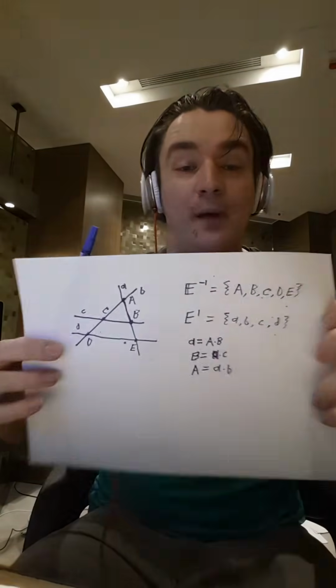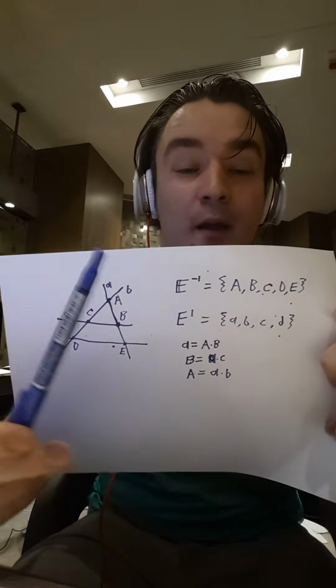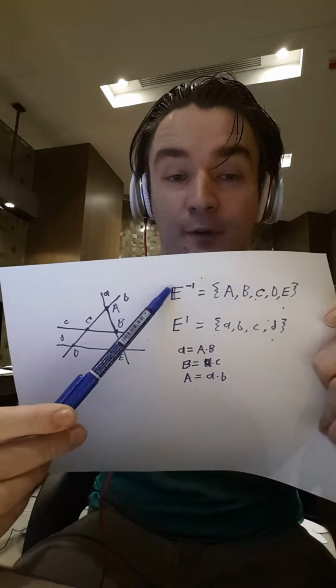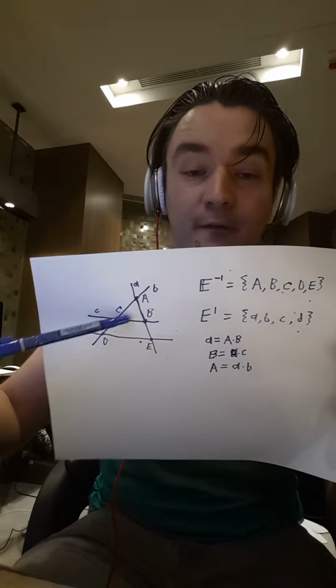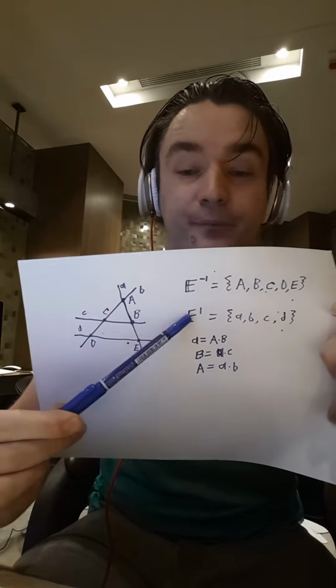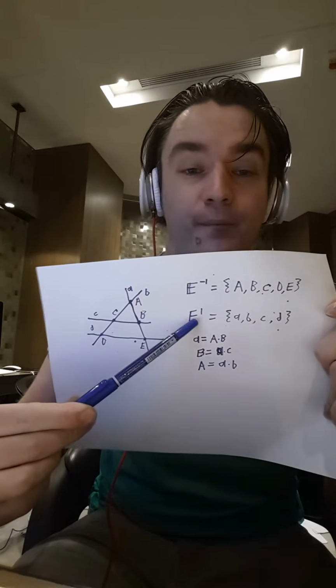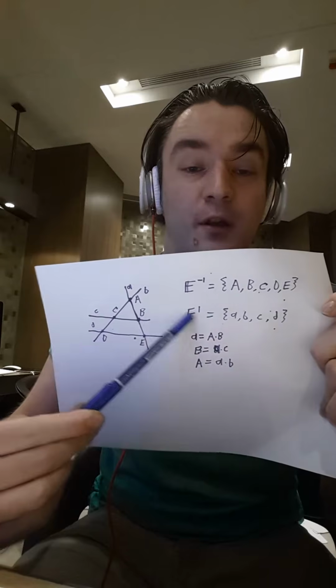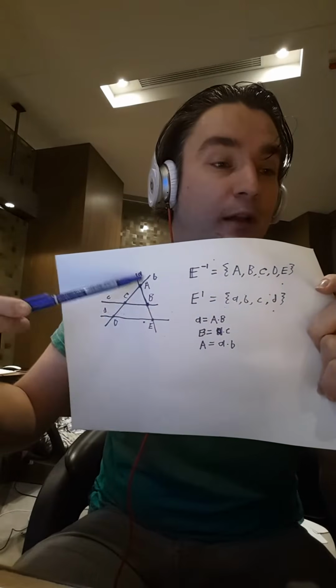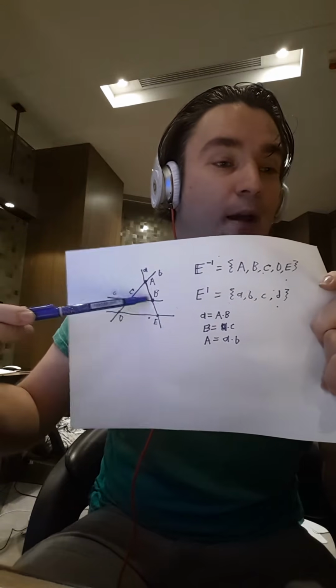Okay, now let's touch with reality. Good old reality. This is how it might work in practice. Let's say we want to let E minus 1 represent the points, and we have this kind of figure here. And let's say that E1 represents the lines. So this figure here might look like this, might be drawn like this.